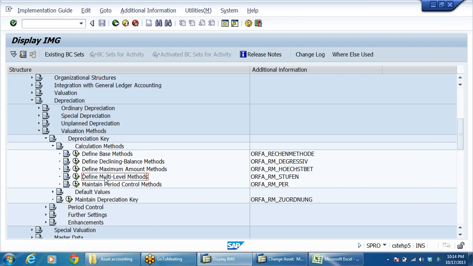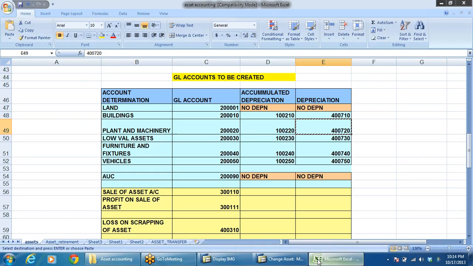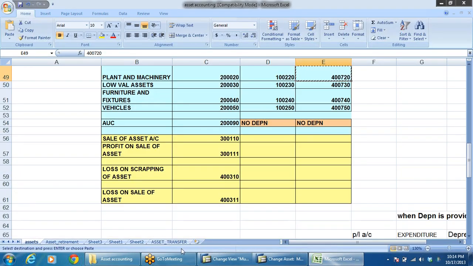So define multi-level method key. Let us see what we are going to do here. Click on this. Meanwhile, let us come back to